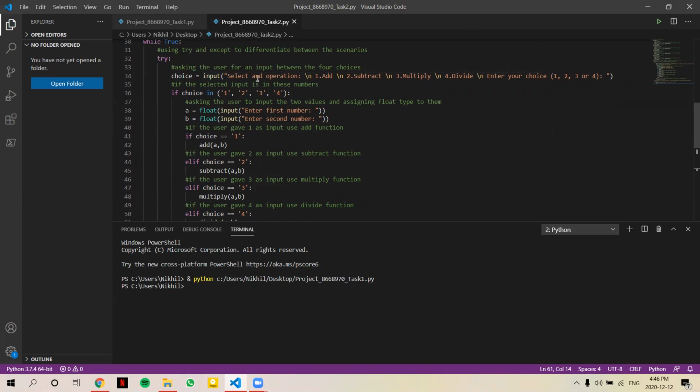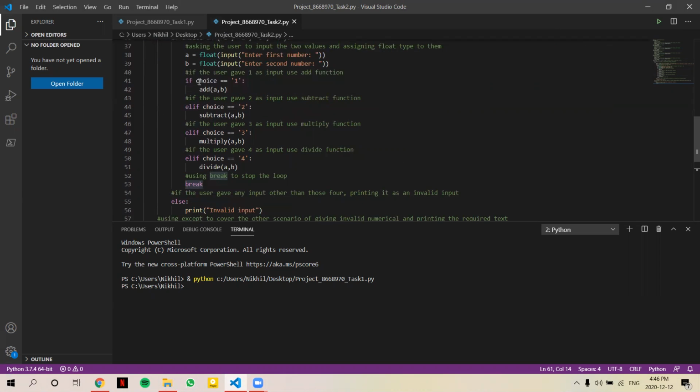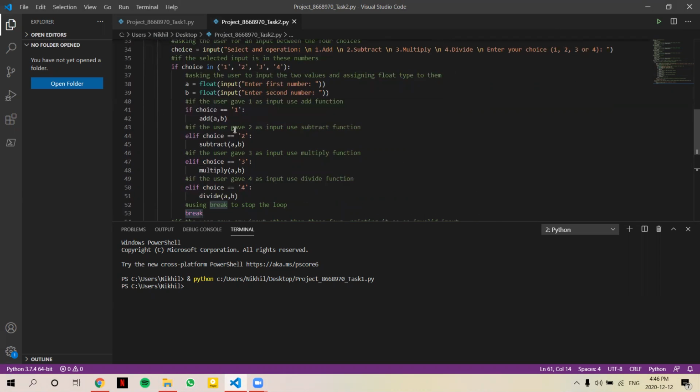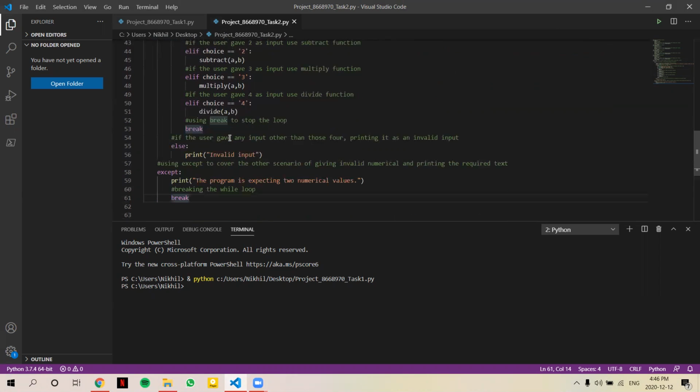The input simply asks to enter a choice between these four. So if the user enters the choice, basically one or two or three or four, it will ask for two values, A and B, and I have assigned the float type to them. So the user needs to enter these two numerics. If the choice given by the user is one, that is the addition, it will call the addition function, and two, the subtraction function, and the multiply and divide functions respectively. And I'm using the break to break this loop